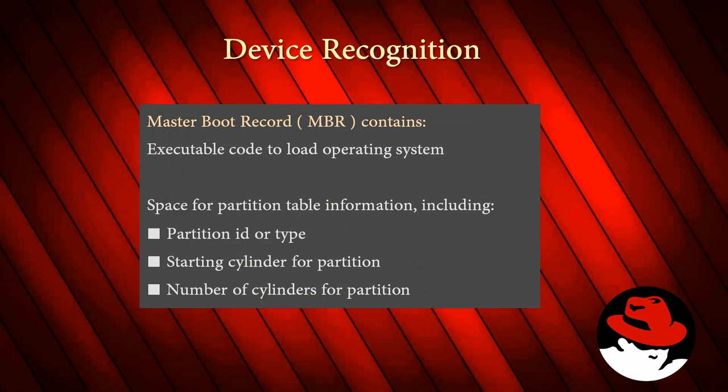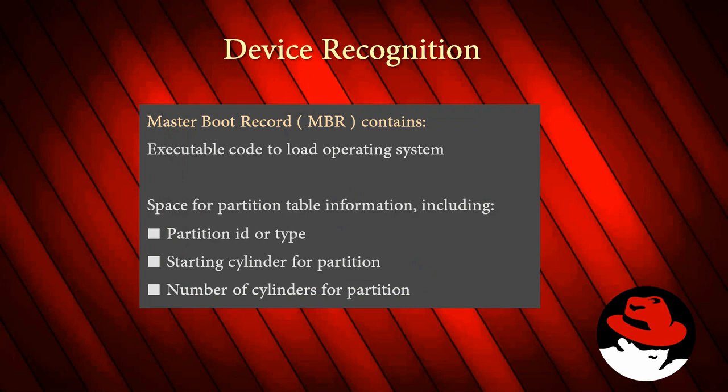For recognizing a device: when a system boots, it searches for code that can start an operating system, from a list of devices such as CD-ROM, floppy, and hard disk, as defined in the BIOS, the basic input-output system. The first executable code found is used. Most often, a system boots from the hard disk attached to the system mainboard, or an SSD, on a PC, from the code found at the first sector of the first cylinder, the master boot record or MBR